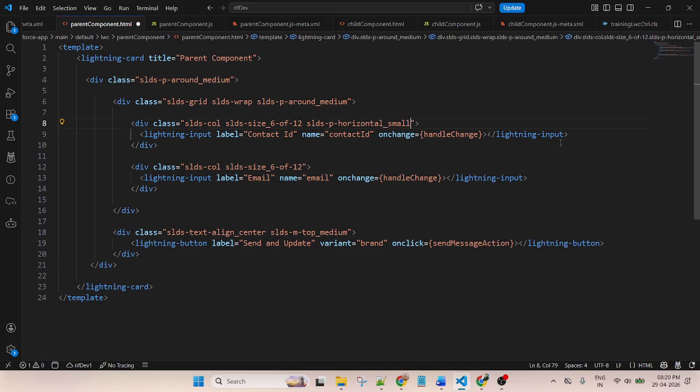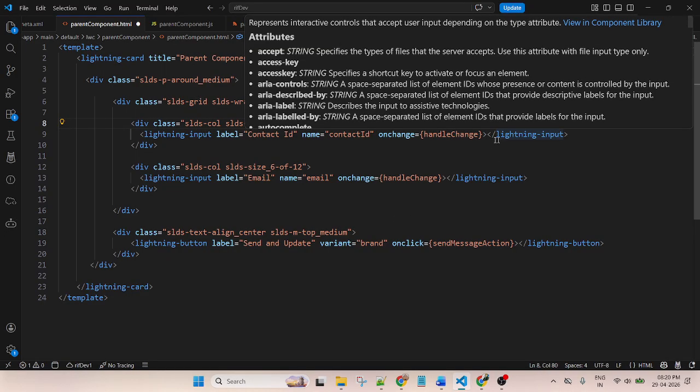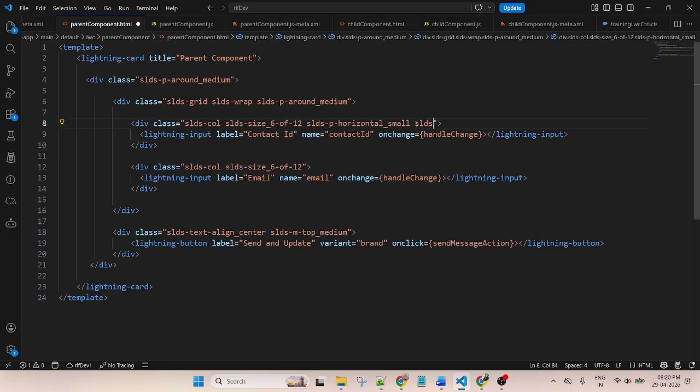Sir, how do you know whether we should be using padding or margin? Yeah, okay. SLDS p, that means it is padding. Right now here I'm using SLDS m-bottom medium.